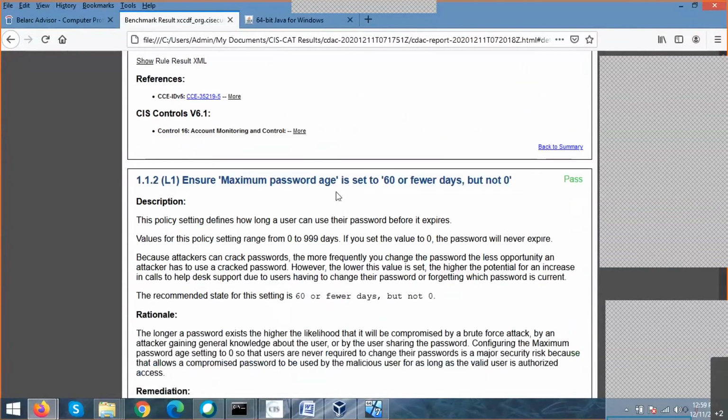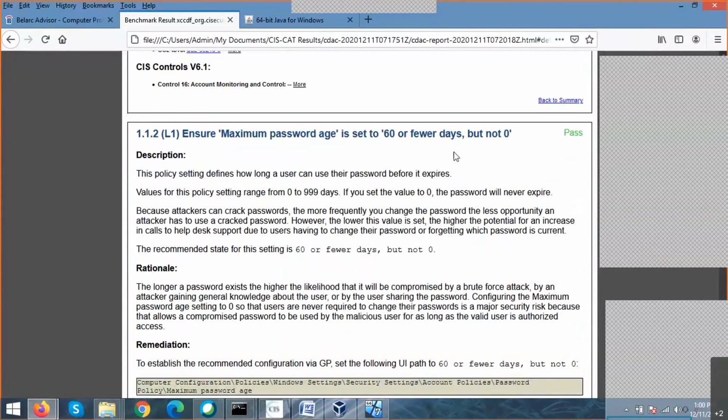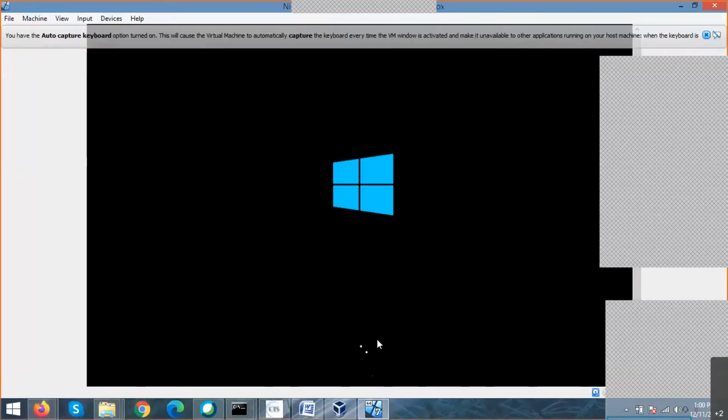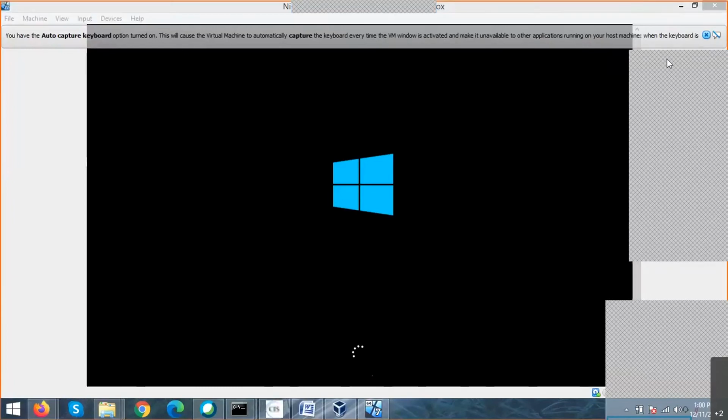Maximum password age is set to 60. That means I have set the maximum password age to 60. It should not be zero, right? But in my case, I have set it to 60 or fewer. So how have we set this? How do we go to these different settings? I'm just turning on my VM. Let me take some time to turn on this VM. Meanwhile, you can tell me your configurations or what settings are configured. Also, what is the lunch time given as per your schedule?